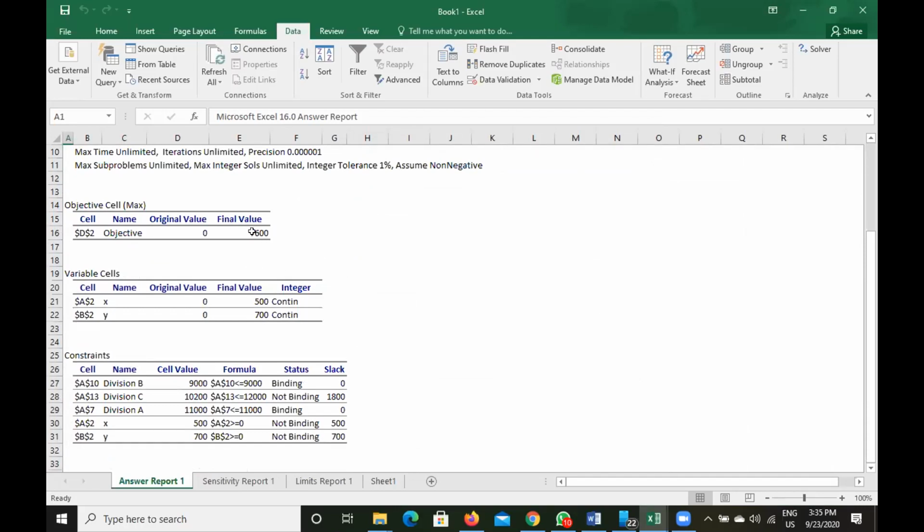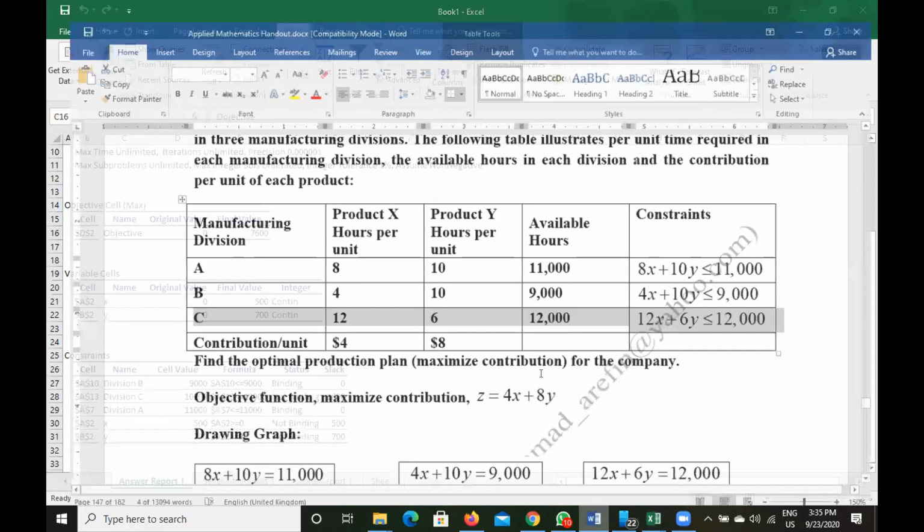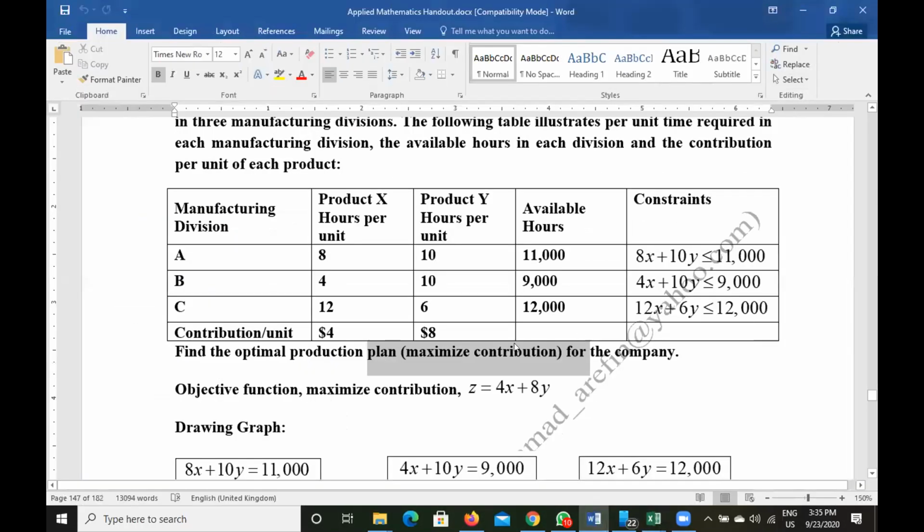So the objective value, that means maximum contribution or maximum profit, is $7,600. The objective was to get maximum contribution, right?